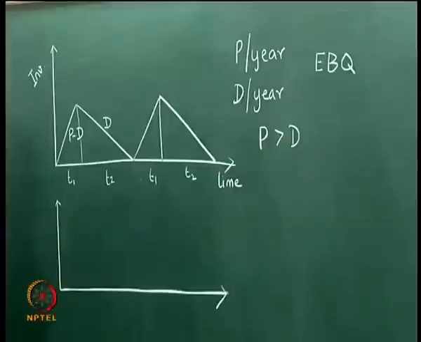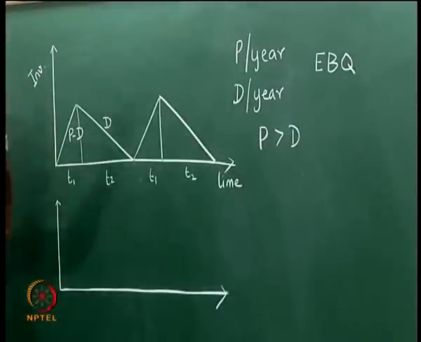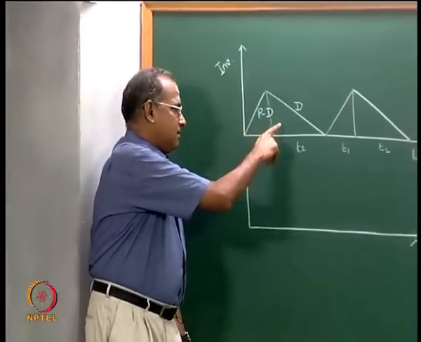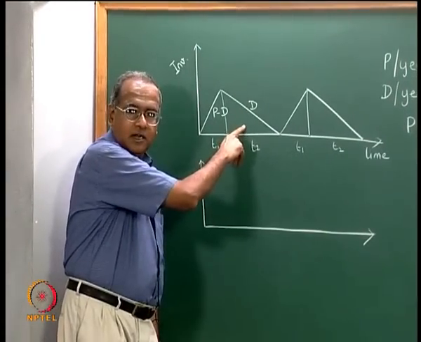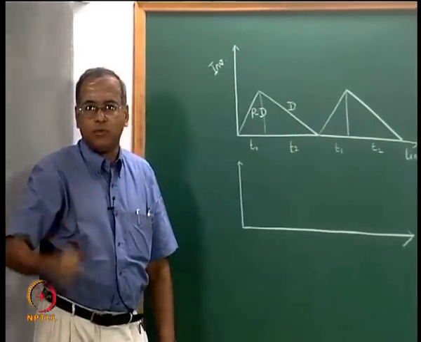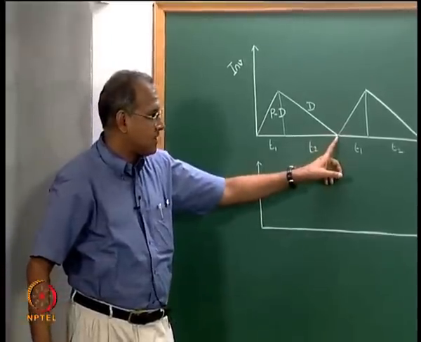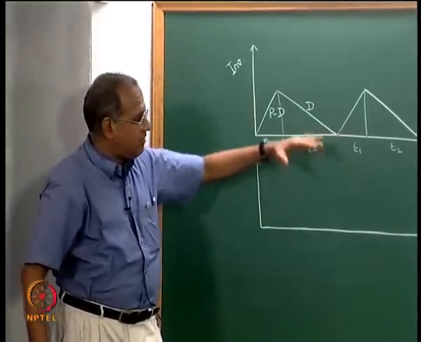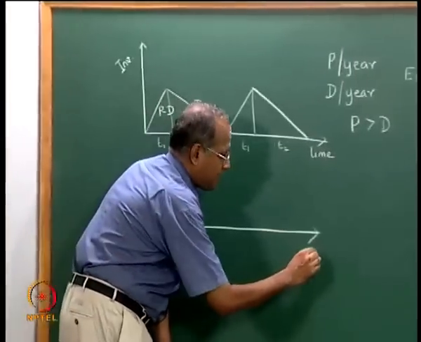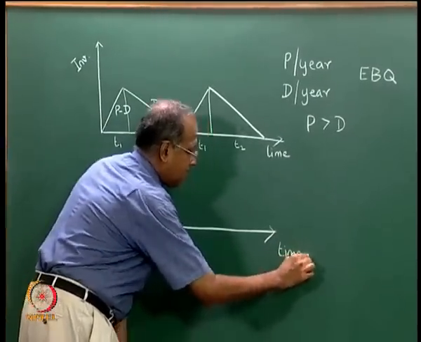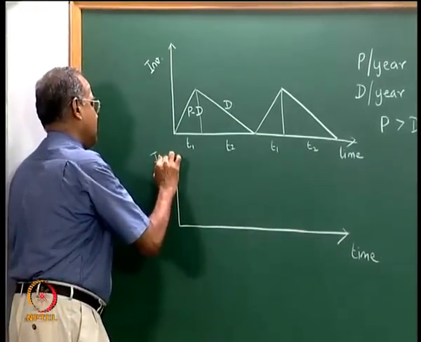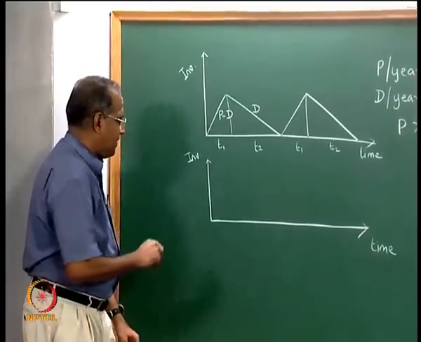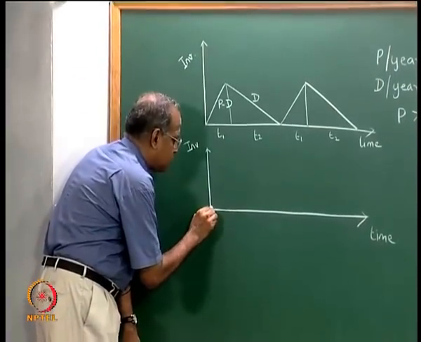Now, we will look at what happens to the economic batch quantity if we allow backordering. In the earlier model, we did not allow backordering. So, we started producing as soon as the stock reaches 0. So, there is no backordering. Now, if we allow backordering for the same item, now this is time, this is inventory. Let us assume that the inventory is at 0. So, we produce